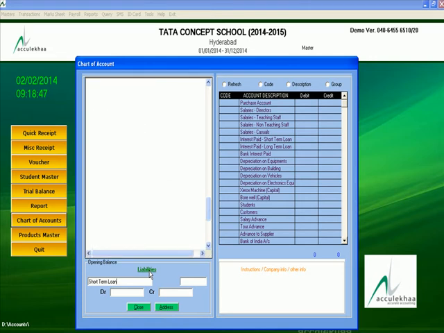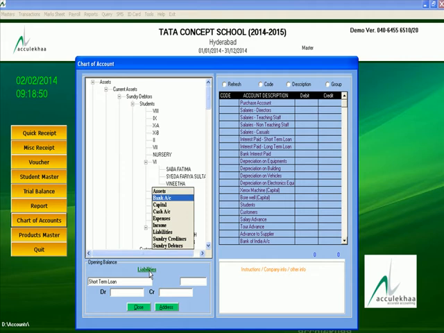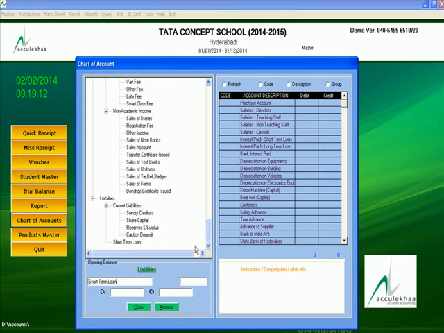Once you press the enter key, you will get one window: asset or bank account, capital, cash account, expenses, liability account, sundry debtor, sundry creditor. You can select the liability account, press enter. In short term loan, I will create chairman account.